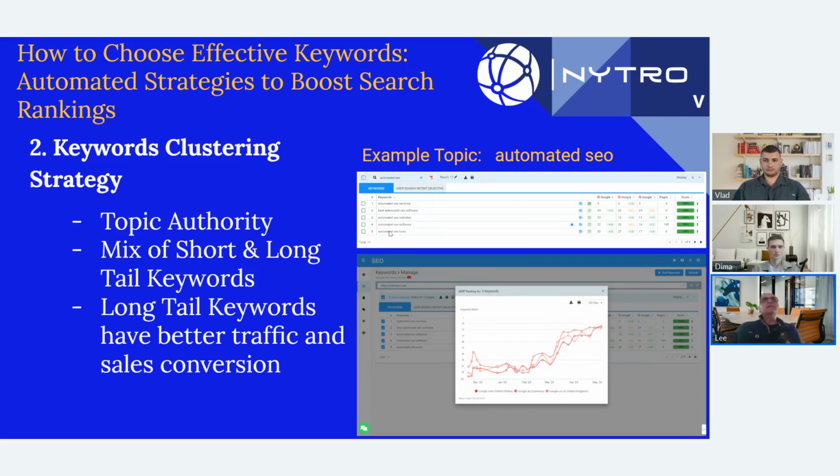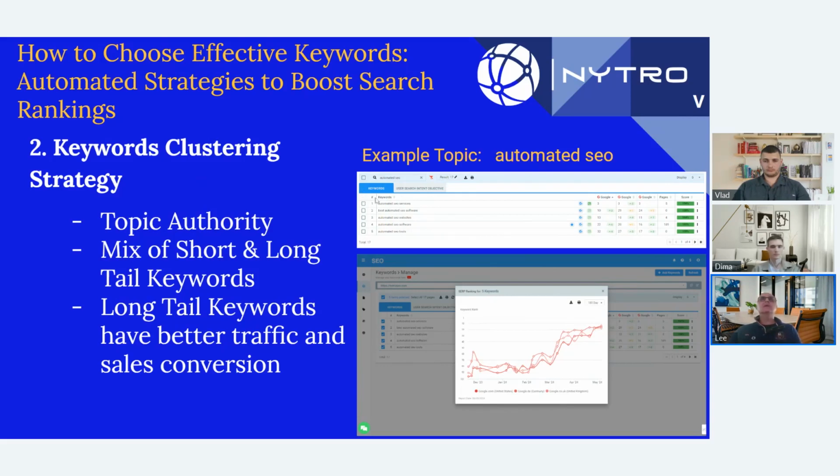And one of the nice things about Nitro is the ability to create a lot of keywords around the topic with multiple variants, with multiple nuances, and then watch the performance of an entire set just by entering, for example,